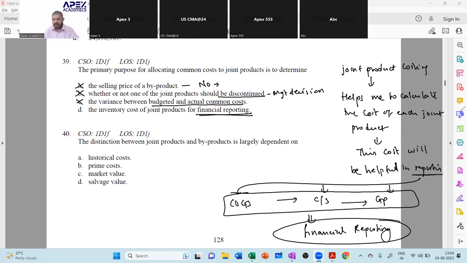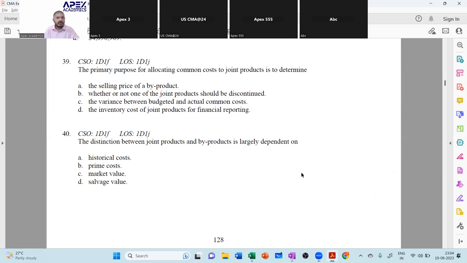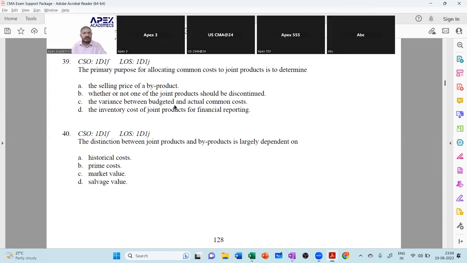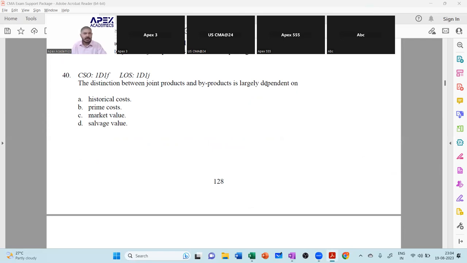Now, what is the next question that they are asking? The next question is the distinction between joint products and byproducts. What is it largely dependent on? Historical cost, prime cost, market value, or salvage value. Always keep one thing in mind. I'm giving you a note over here. This note will be useful for your essay questions, if at all you get an essay question on this particular topic. First of all, understand that a joint product is the main product of the production process of the company